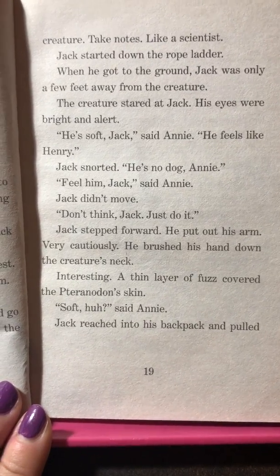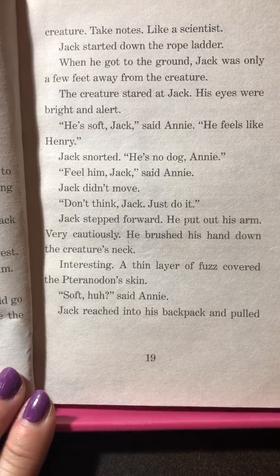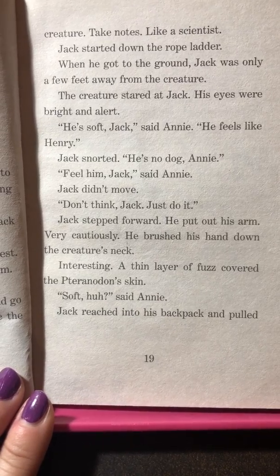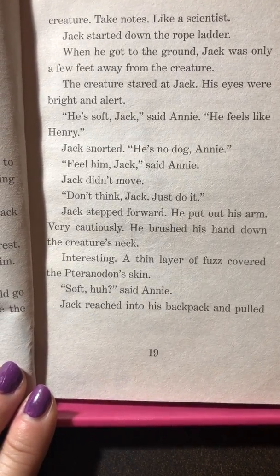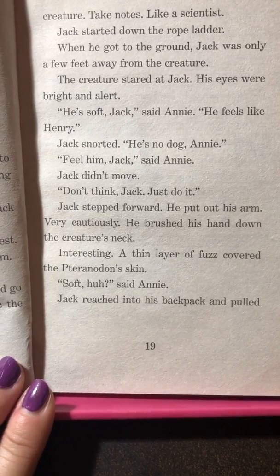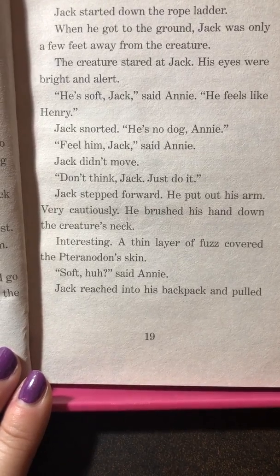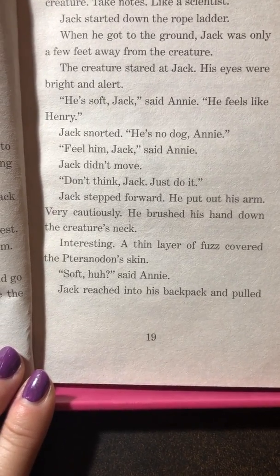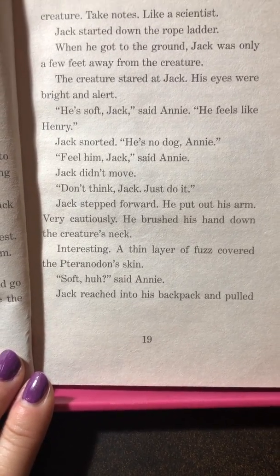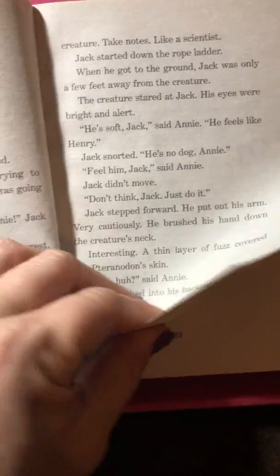Jack snorted. "He's no dog, Annie." So Henry is their pet dog, remember, back at home. "Feel him, Jack," said Annie. Jack didn't move. "Don't think, Jack. Just do it." Jack stepped forward. He put out his arm very cautiously. He brushed his hand down the creature's neck. Interesting. A thin layer of fuzz covered the pterodon's skin. "Soft, huh?" said Annie. Jack reached into his backpack and pulled